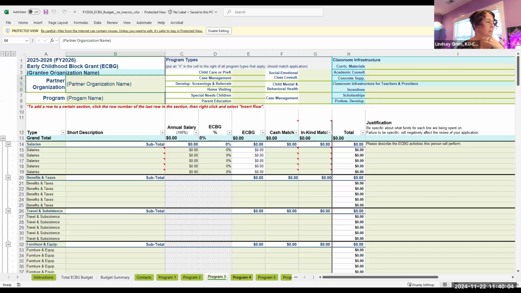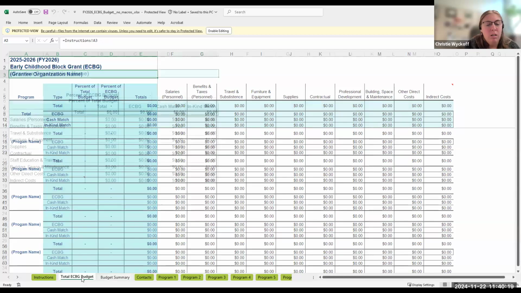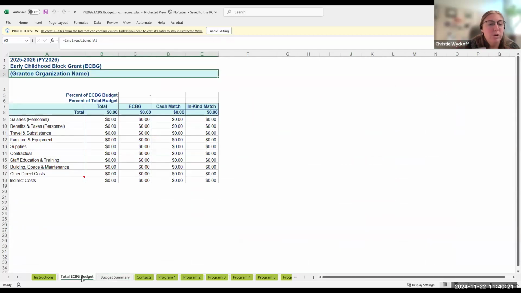They all look the same. Then the budget summary tab will combine them all together on one tab. The total ECBG budget will show the overall spending for all the programs in each category, and then the cash match and in-kind match.